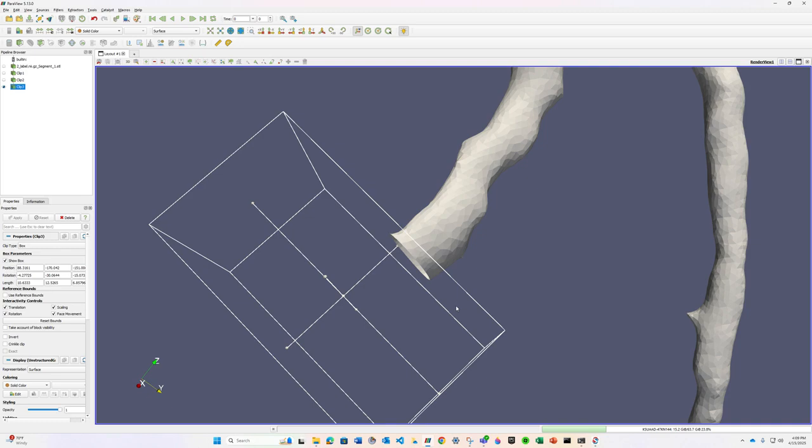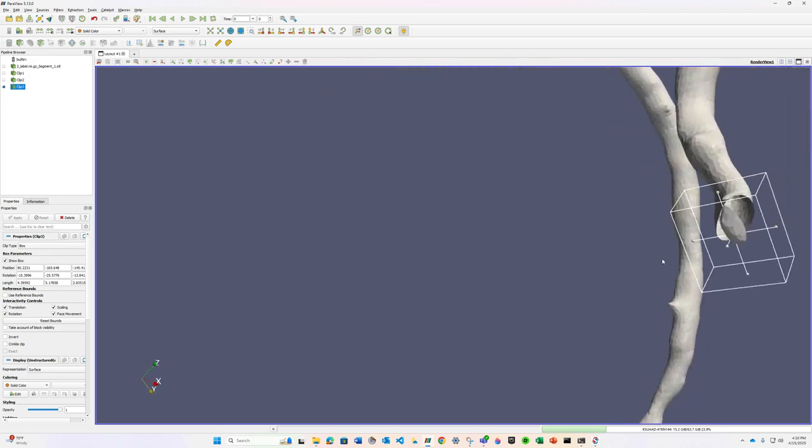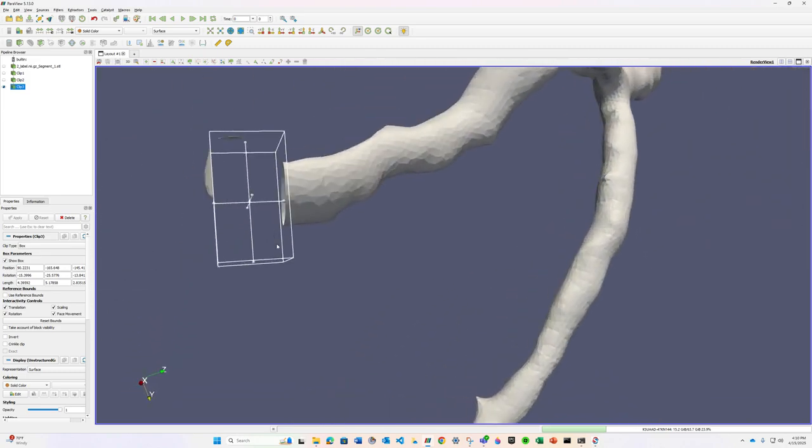Another thing to note is if you want to make sure that it's absolutely perpendicular, you can make sure that the top and the bottom of the box line up with the top and bottom of the artery. So right now, if I scale this down even further, you can see that it's not really lined up. So you can just, again, rotate clockwise or anti-clockwise, maybe a little bit this way, maybe a little bit more that way, then hit apply, and now it's perfect. If you don't think it's perfect, again, you can fix it, rotate,